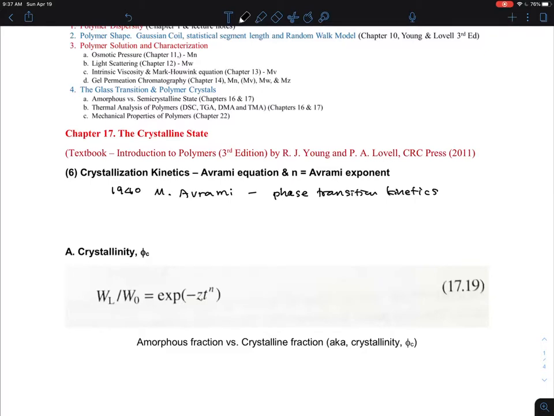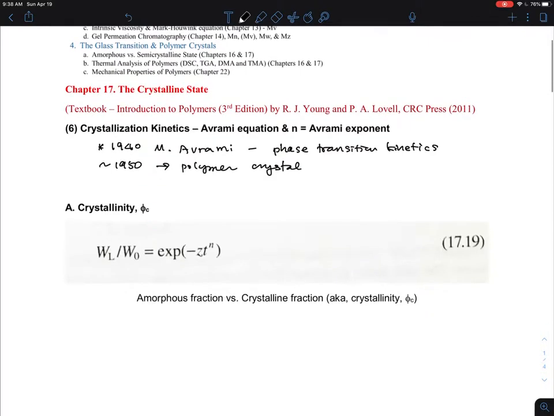So he assumed this very simple model that crystals grow in 3 dimensions at a constant rate, and with that assumption he was able to get a simple equation. Later people adapted that, and essentially in the 1950s, polymer crystallization and polymer crystal study has been done in the field. So I want to use this section as a chance to discuss what is known as